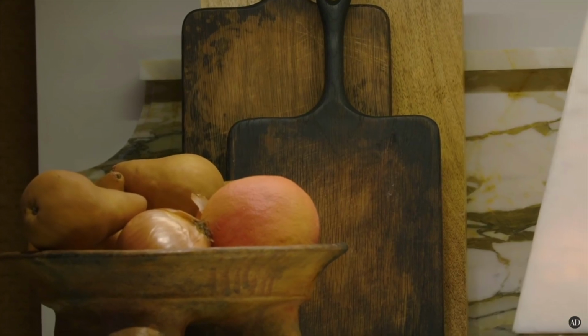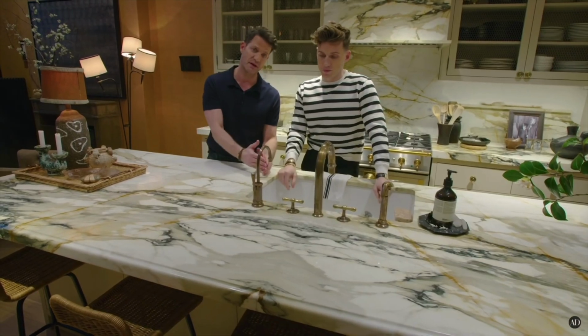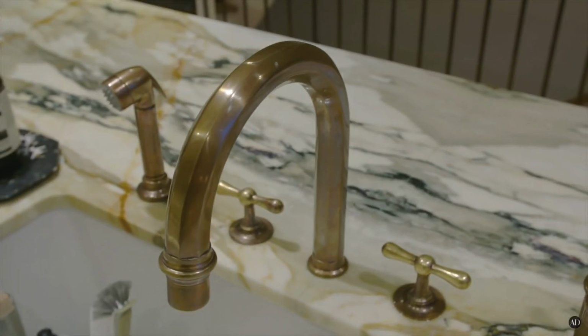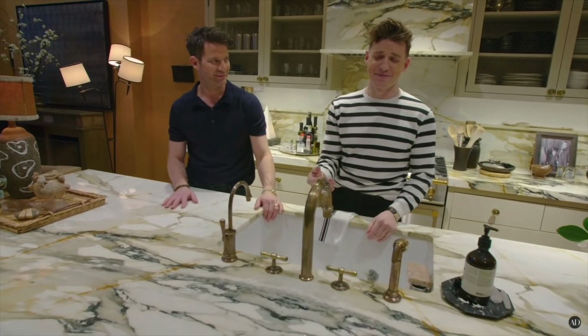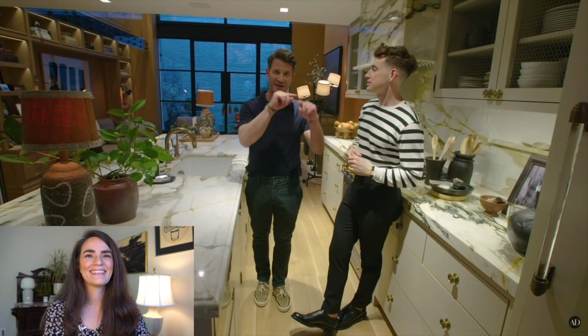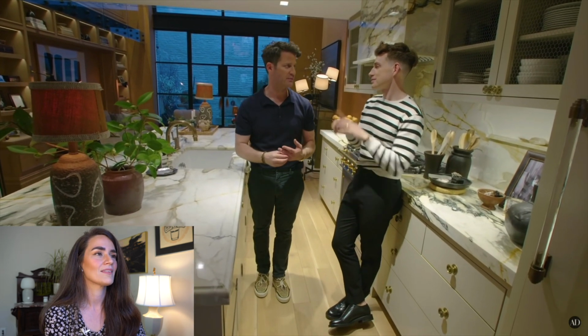We didn't move any appliances, and by doing that, we saved a lot of money. We were able to spend money on the finishes of things that mattered to us, like this beautiful faucet. And I feel like such a dad that I'm so excited about a faucet, but that's where I'm at. We added chicken wire to the upper cabinets. We just cut out the inside, or our contractor did, because we wanted to be able